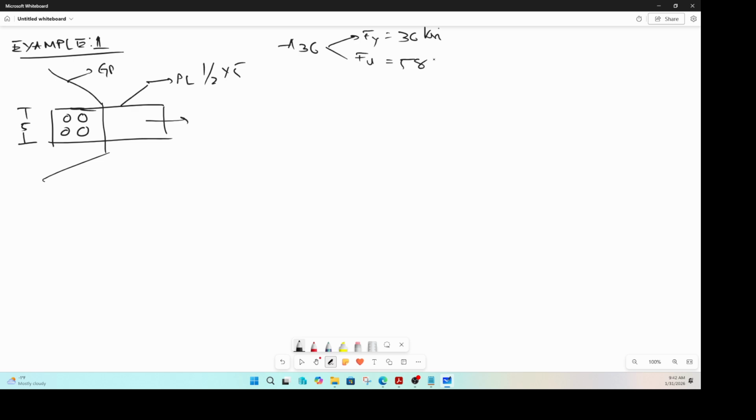Okay, KSI, KSI. And they have also given us the bolt hole. The bolt diameter is 5 by 8 of an inch. Remember, this is less than 1 inch. And then to make our life a little bit easier, they said, okay, forget about the U factor. A net is nothing but A effective in this particular case. So we don't have to worry about the U factor and all that. And they're asking us what is the design strength